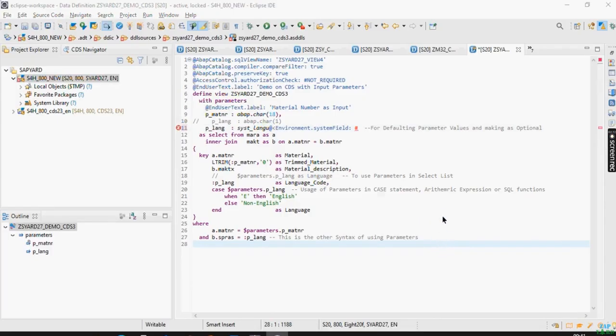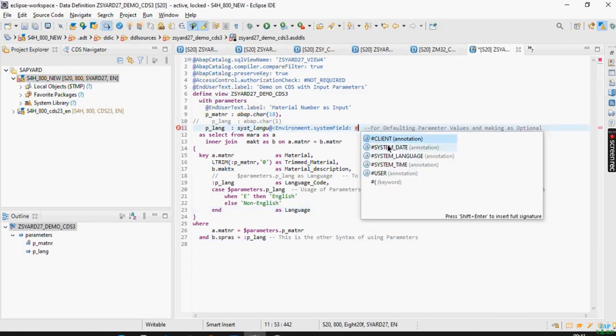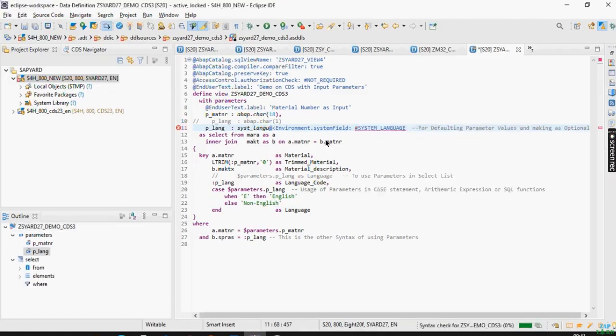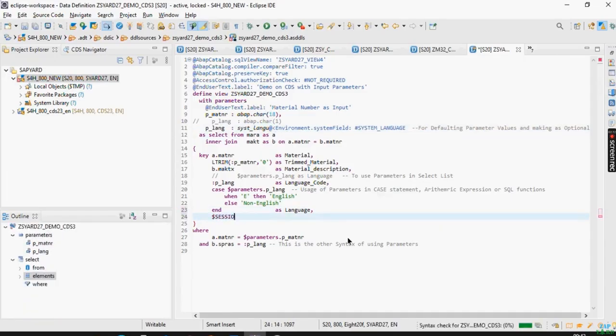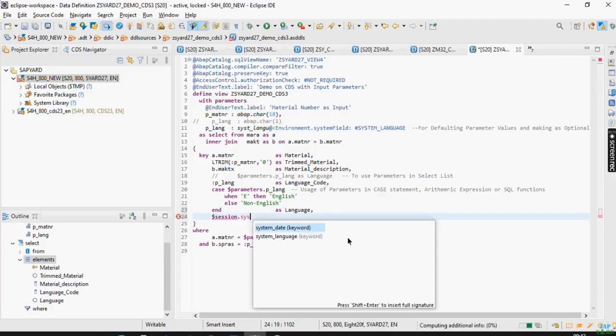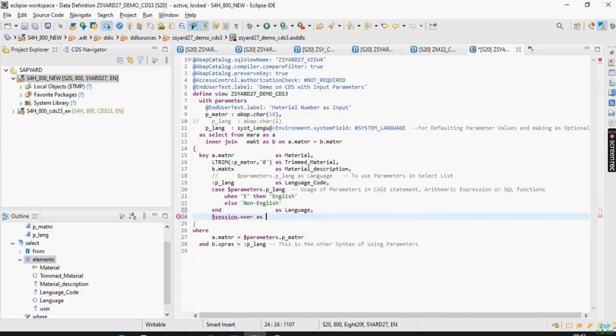Yes, Mirko, this is handy only for a certain few fields. One more important point that you need to understand is that I am giving system_language here, right? Okay. Now, one very important point that I want to show you here is, for example, $session.system_user, and if I try to activate the same,